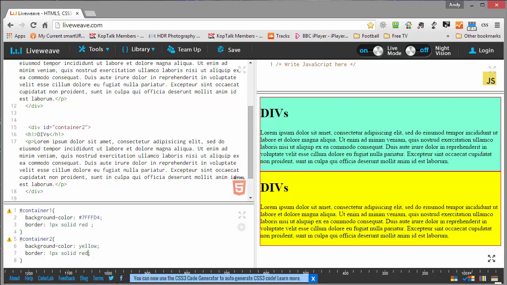So now we've got the two divs surrounded by a border, and as we've seen in the box model, we can play around with that, and we can actually put padding, spacing, or margins. Now, this is a good opportunity to show you the margin. Remember, we've got the content box in the middle, then we've got padding, which is between the content box and the border, and then we've got the margin on the outside. So theoretically then, if that's correct, if I put a margin on the bottom one and I say 10 pixels,